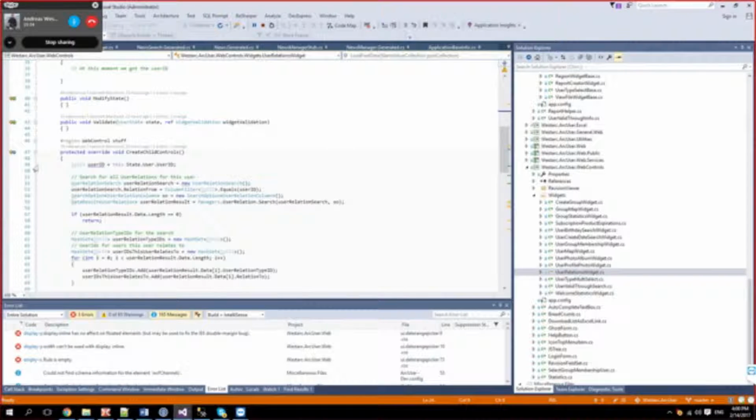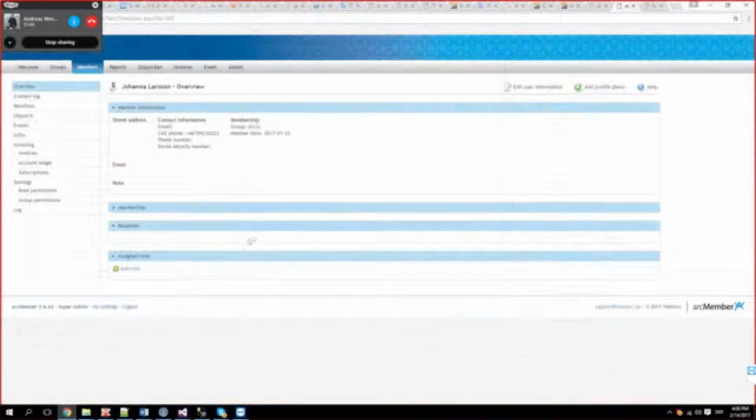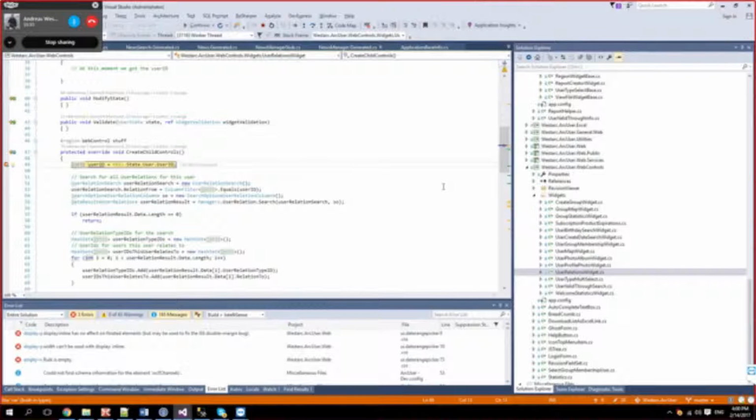Okay, so create child controls. Are you familiar with web controls in web forms? Yep, sure. That's great. So if we just refresh this page, we should end up in, yeah, here we go.